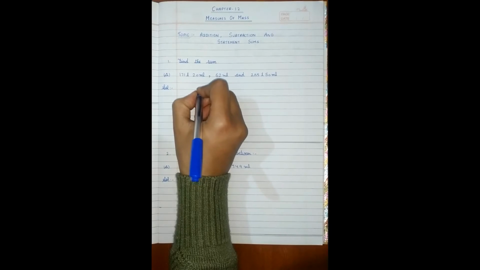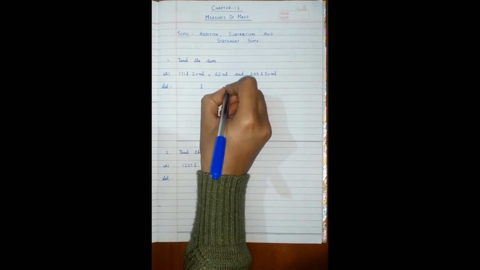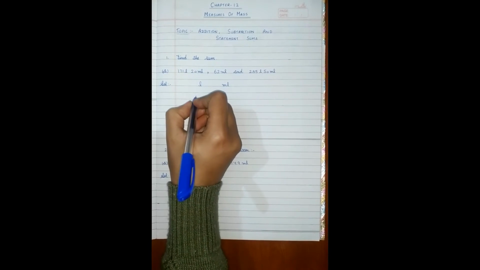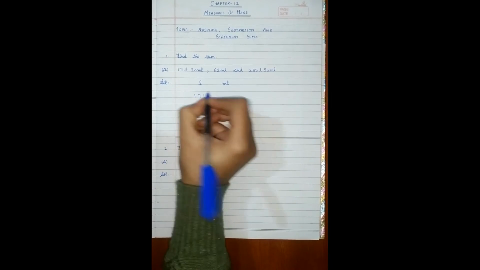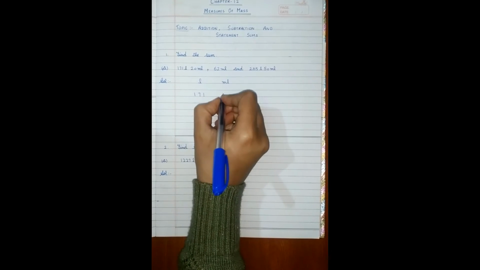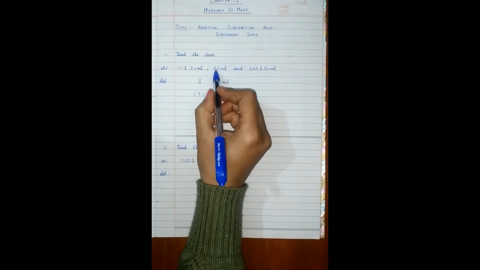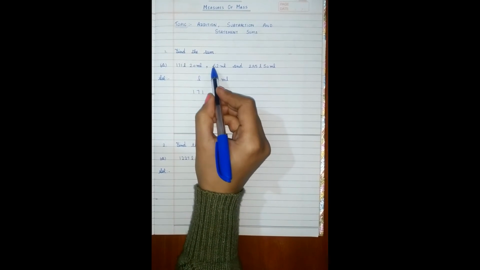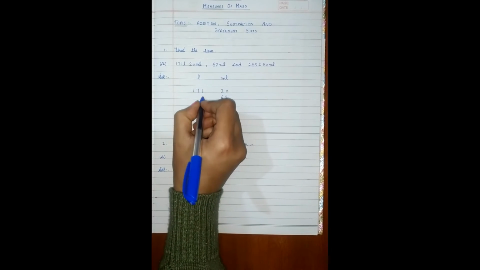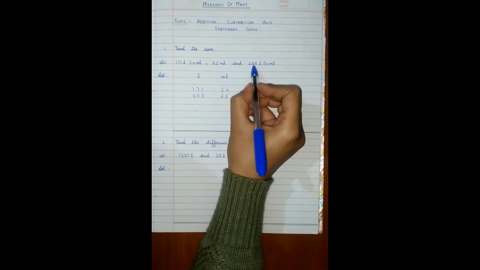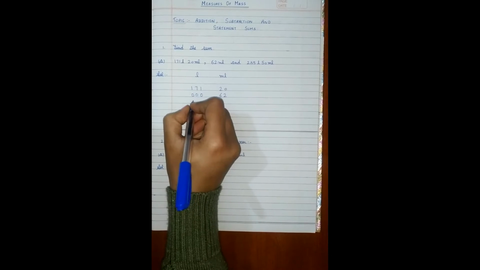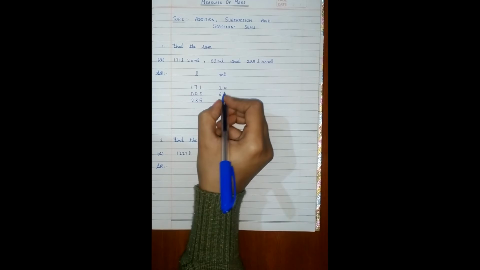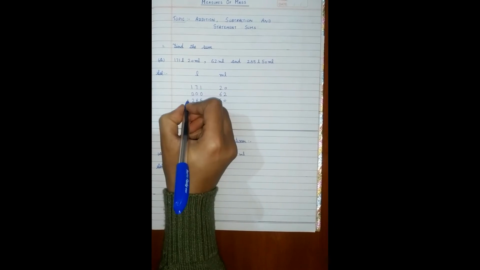So make two columns. One is of liter, another one is of milliliter. Now put this value here, 171 liter. So write here 171 in liters column. 20 milliliter, write 20 in milliliters column. 62 milliliter, write 62 in milliliters column. As you can see, there is no liter number, so you can put zeros here. Next is 285 liter, write it here, 285 in liters column. 50 milliliter, write 050 in milliliters column.